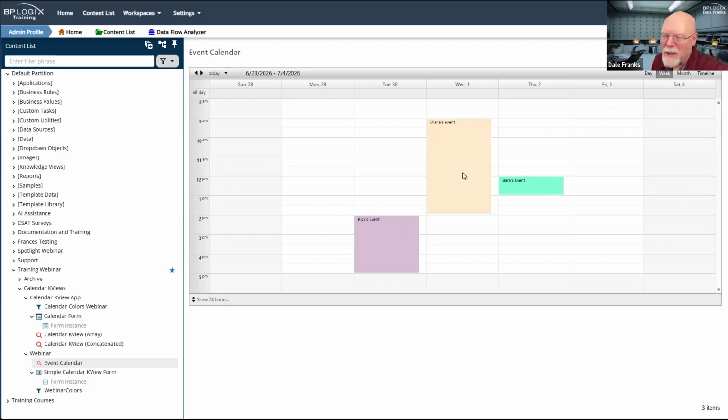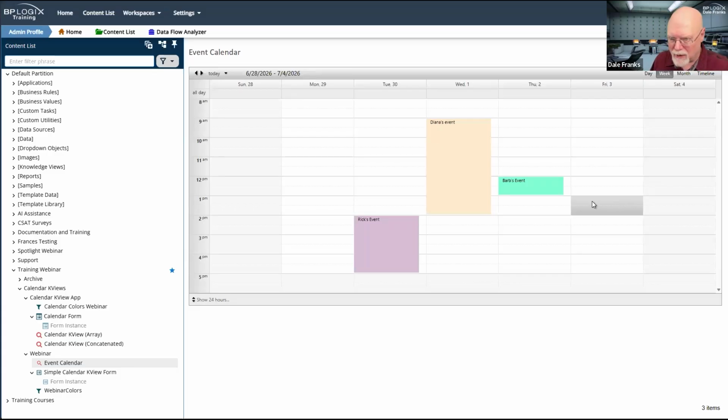There's no rhyme or reason as to why the colors are what they are because we're setting the colors based on the user. That's not obvious from how we have it set up here, other than the fact that it's Rick's event, Diana's event, and Barb's event. So there are some things that you're going to need to think about, like how am I going to set the colors?